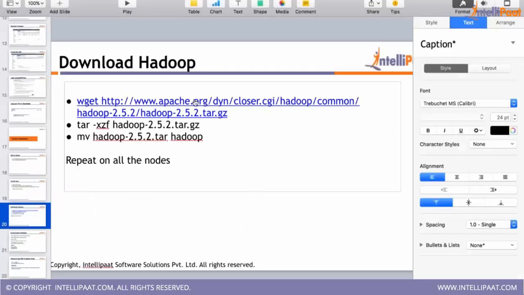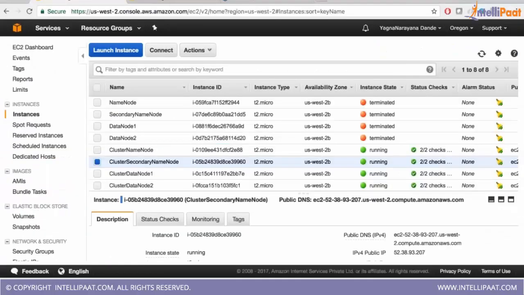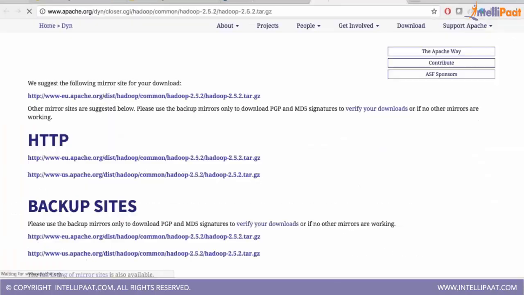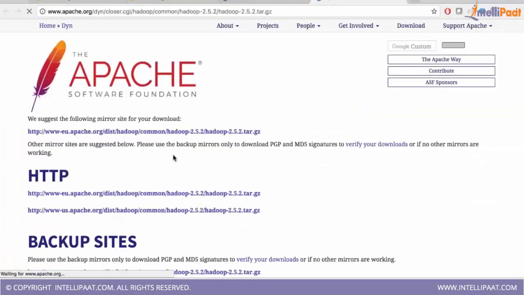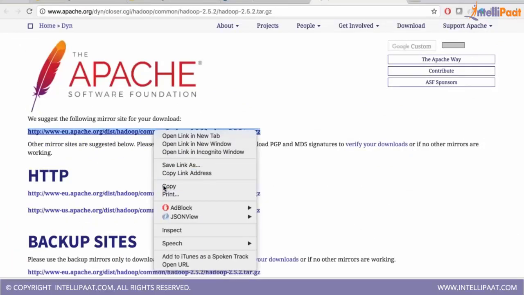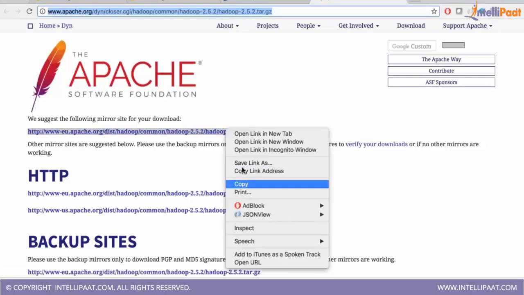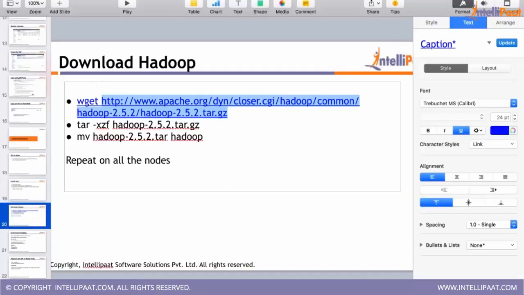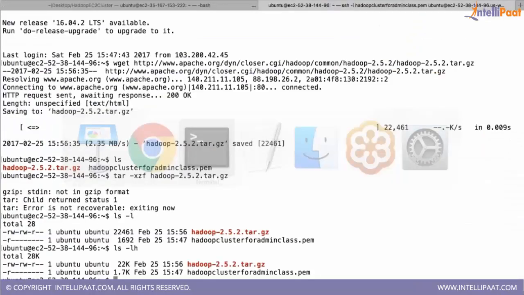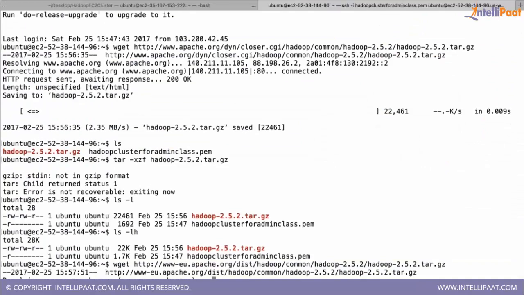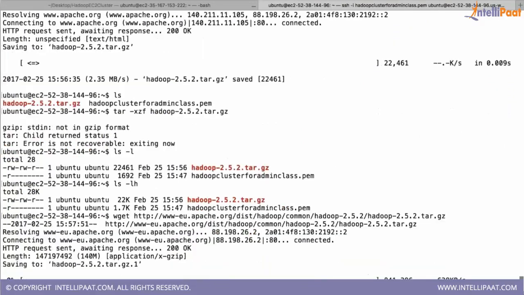You have to go to this page and copy this location, because that link, whatever is there, is actually redirecting to another site. So it is not downloading the actual zip. So you go to this site and copy this link address and duplicate that. So this will download the actual file.